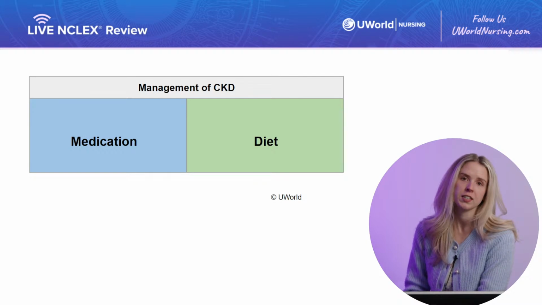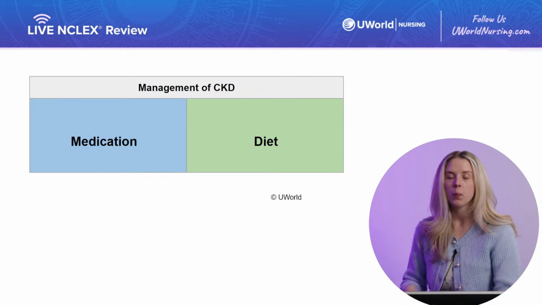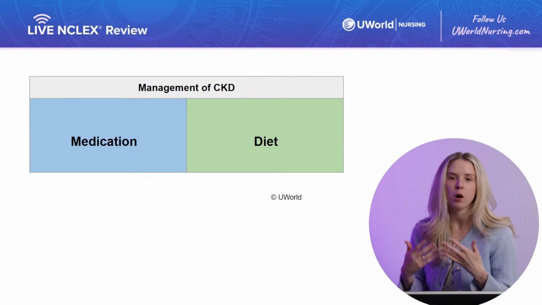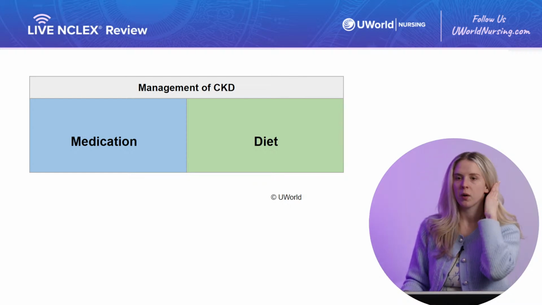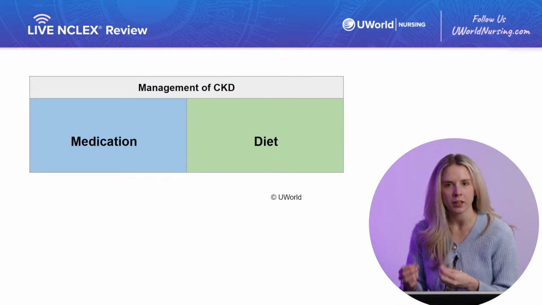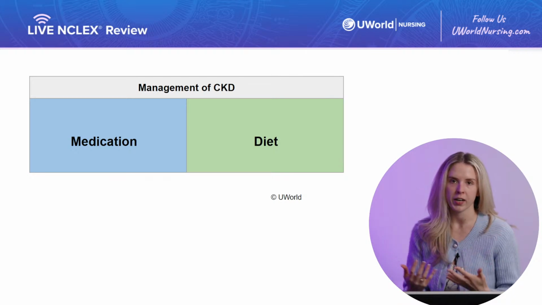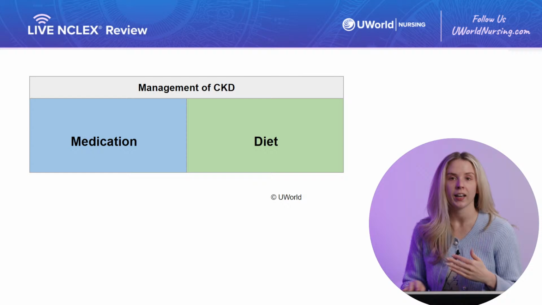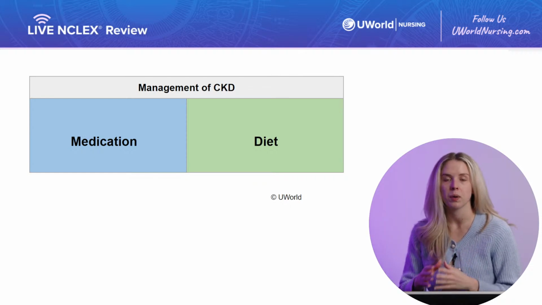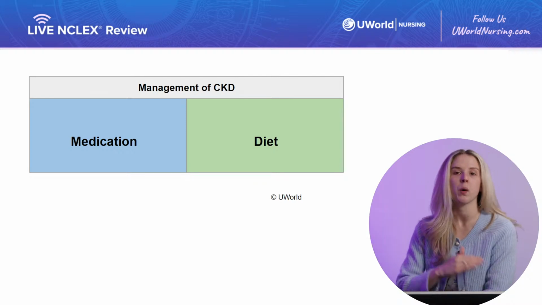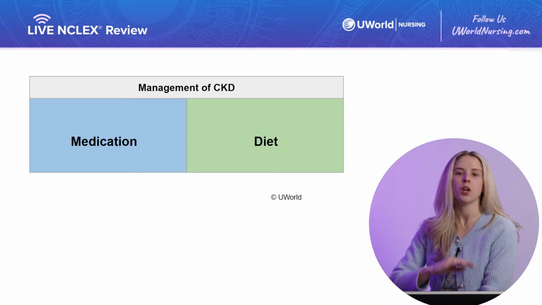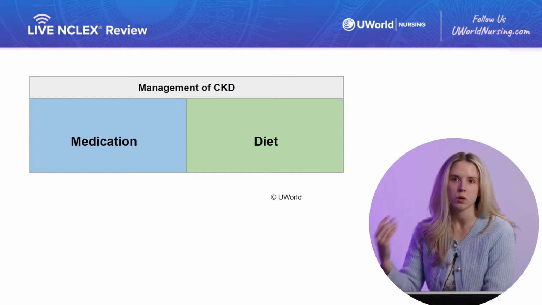We're going to make sure these clients are on a fluid restriction. We don't want to add to that fluid and volume overload. And we're also going to put them on a moderate protein restriction. So I feel like sometimes this is where people get a little bit confused. Protein is a very important nutrient, and we're not saying to cut it out of their diet by any means, but breaking down that protein is a little tough on the kidneys, which in CKD we know are already struggling. We don't want to overload them more with so much protein.